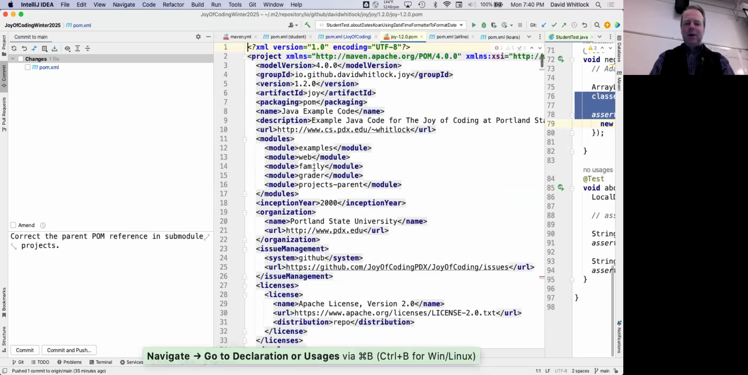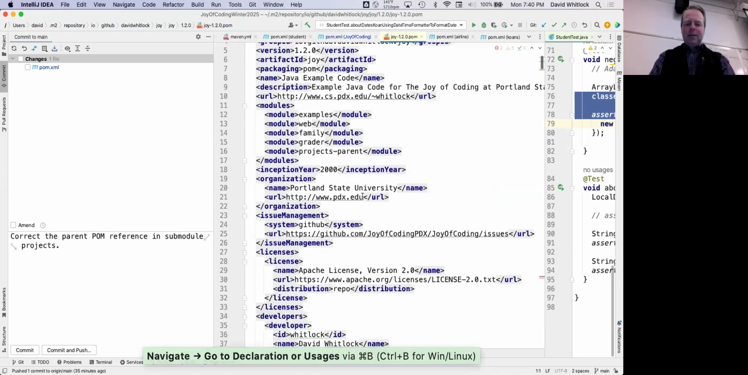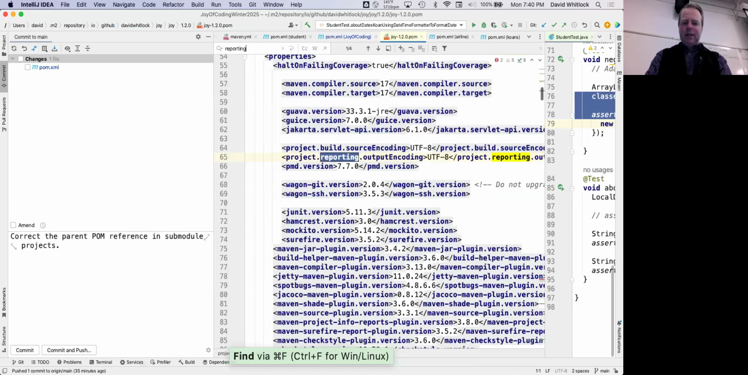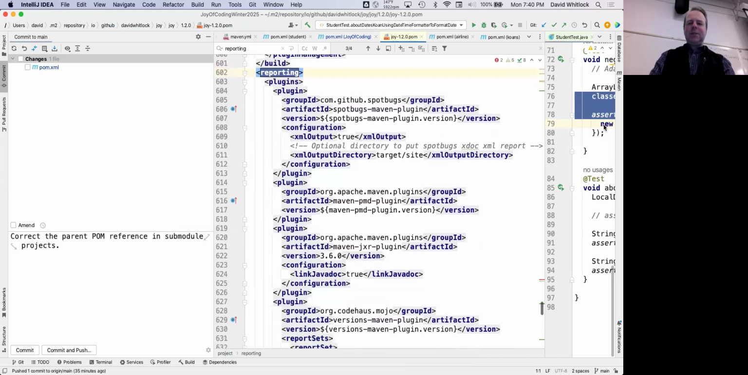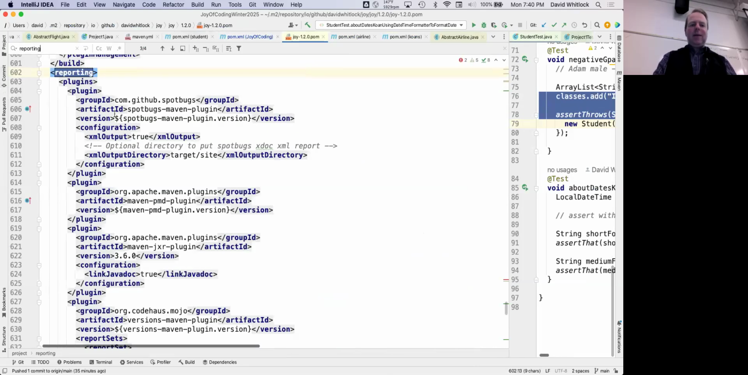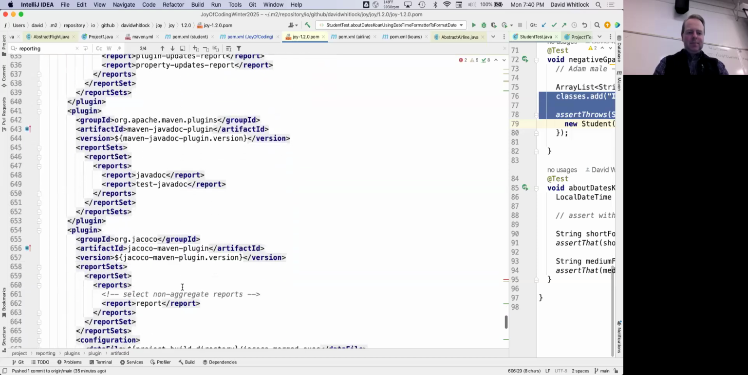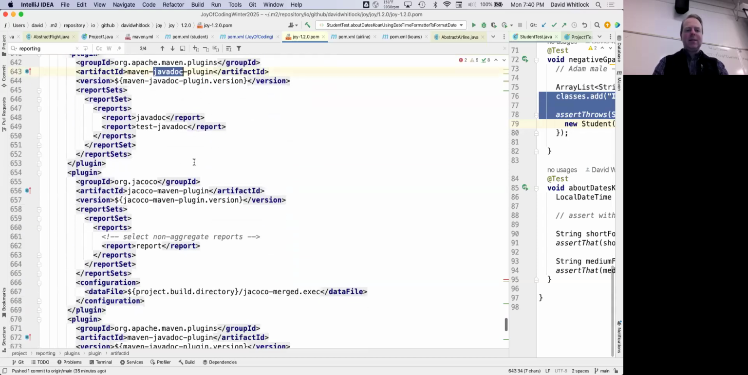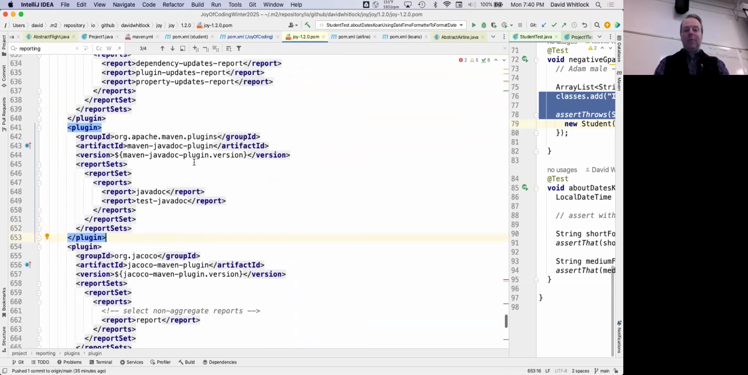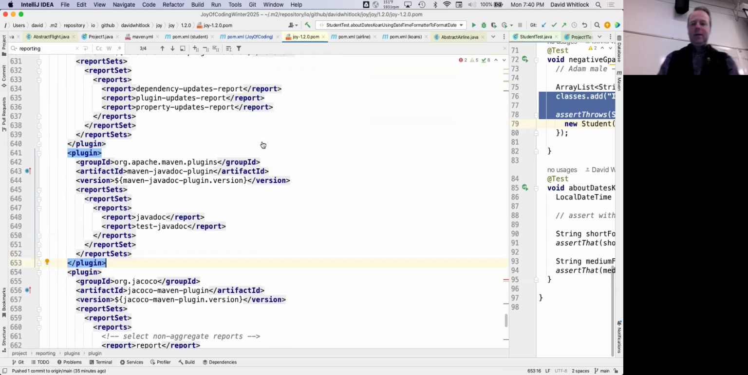So if we go to the parent POM, you'll see that there's a reporting section. There's this reporting section here in the parent POM, where I configure all of the Maven plugins for various things, like there's SpotBugs and there's the Javadoc plugin and all this kind of stuff. It's really powerful,